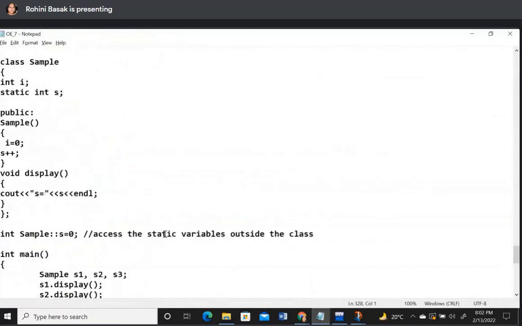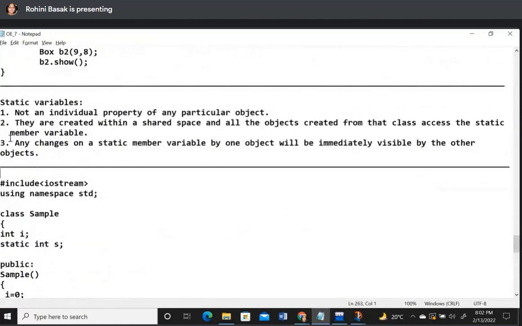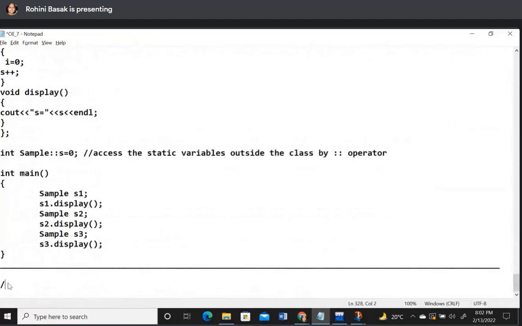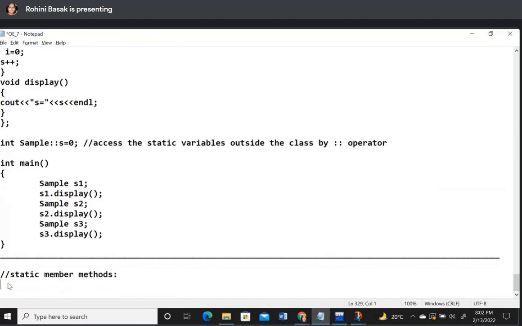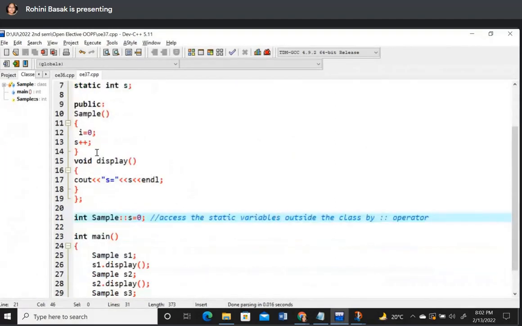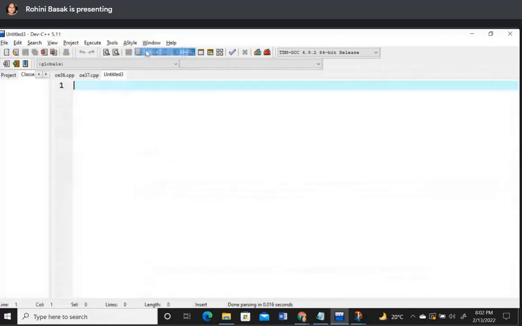So it is static member variable. তাহলে আমি এখানে লিখে দিই static member variable. We have discussed static member variable. Now the next topic is static member function. Static member methods are also there. ঠিক আছে? How to access the static member function? আচ্ছা, আরেকটা প্রোগ্রাম লিখি।